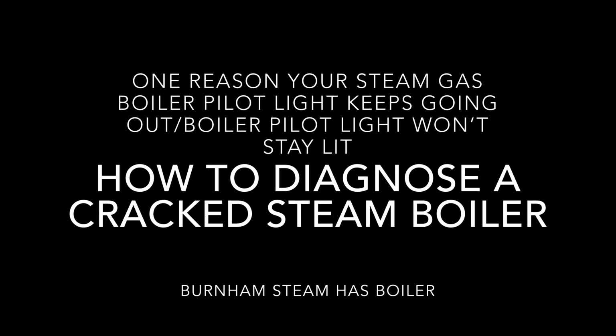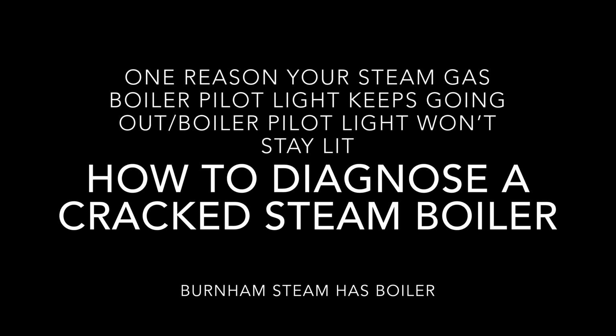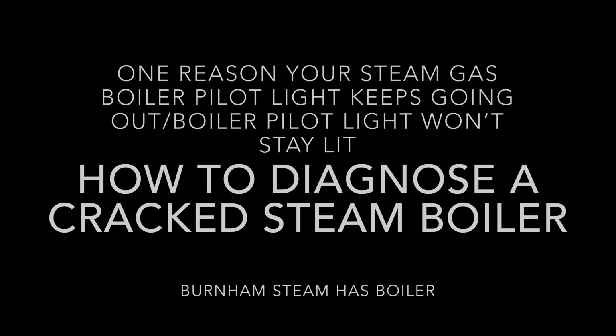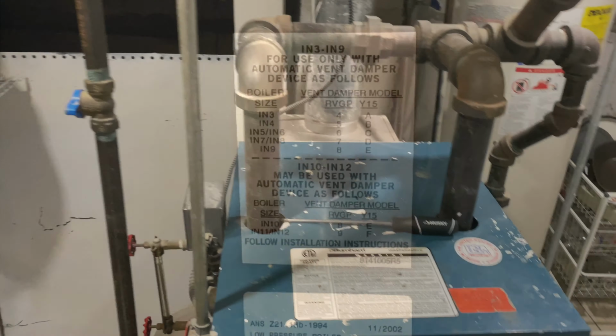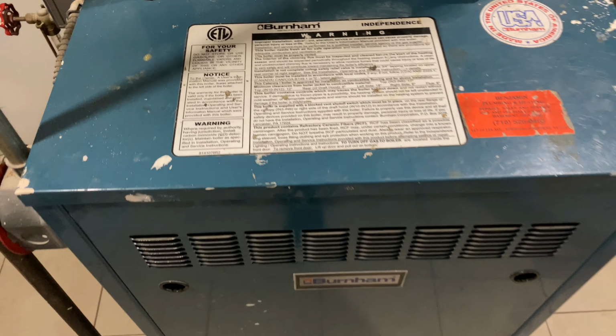One reason your steam gas boiler pilot light keeps going out, or boiler pilot light won't stay lit. How to diagnose a cracked steam boiler. I have a Burnham steam gas boiler that's 18 years old. About a month ago, I noticed there wouldn't be any heat in the house even though the thermostat called for